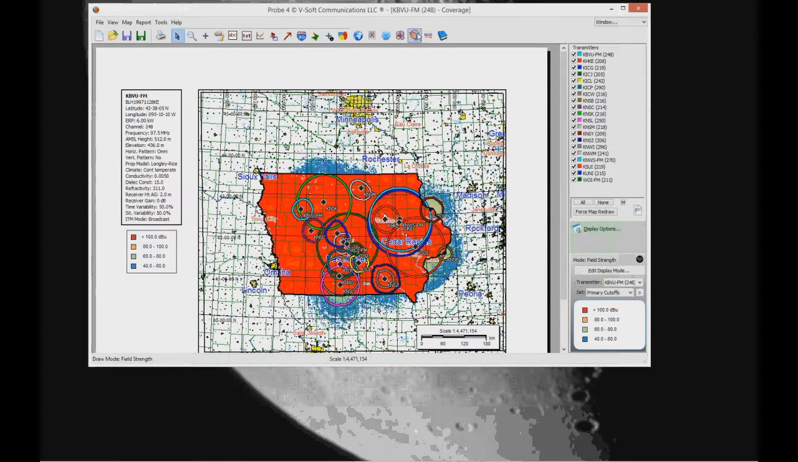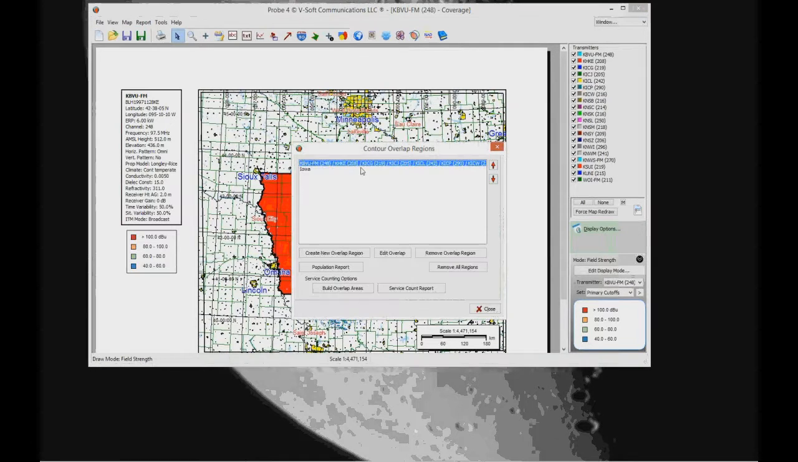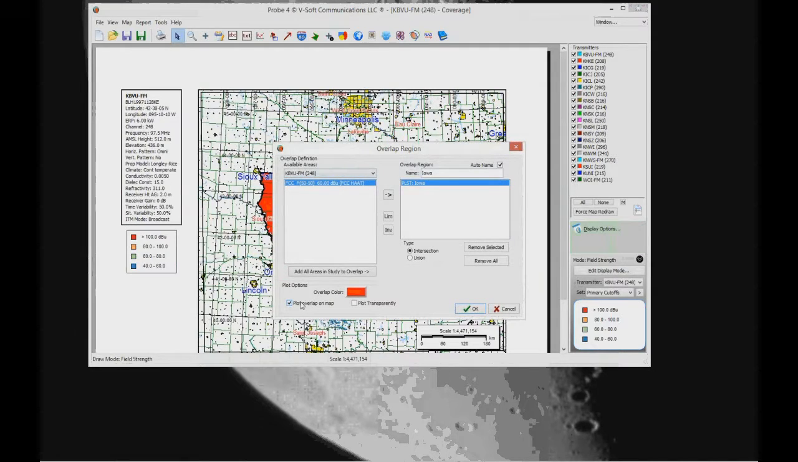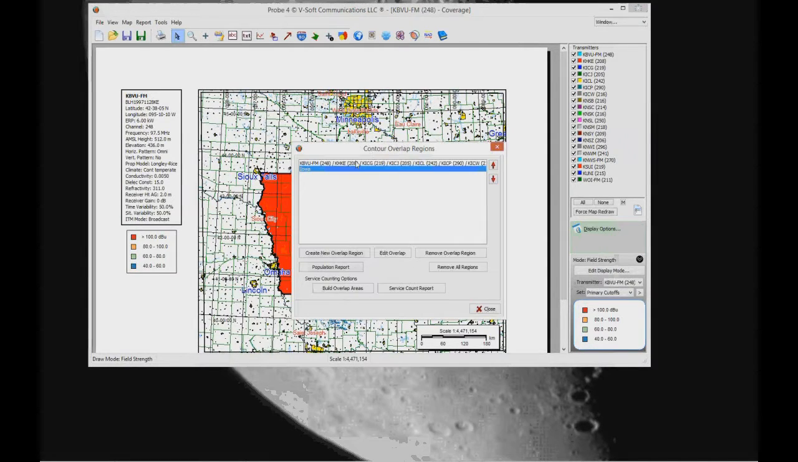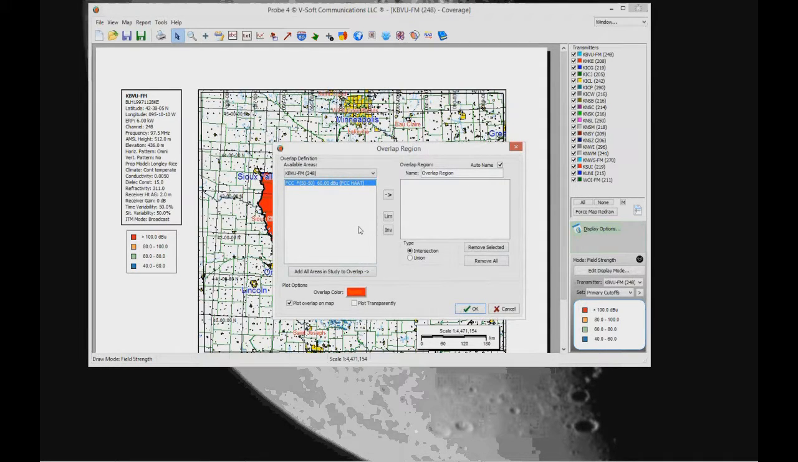So now what we need to do is go into our contour overlaps. We have this one for Iowa, and I'm going to turn that off. The plotting anyway. I'm going to uncheck the plotting for that. And now I'm going to add another overlap region. And so for this one, what I want is to include